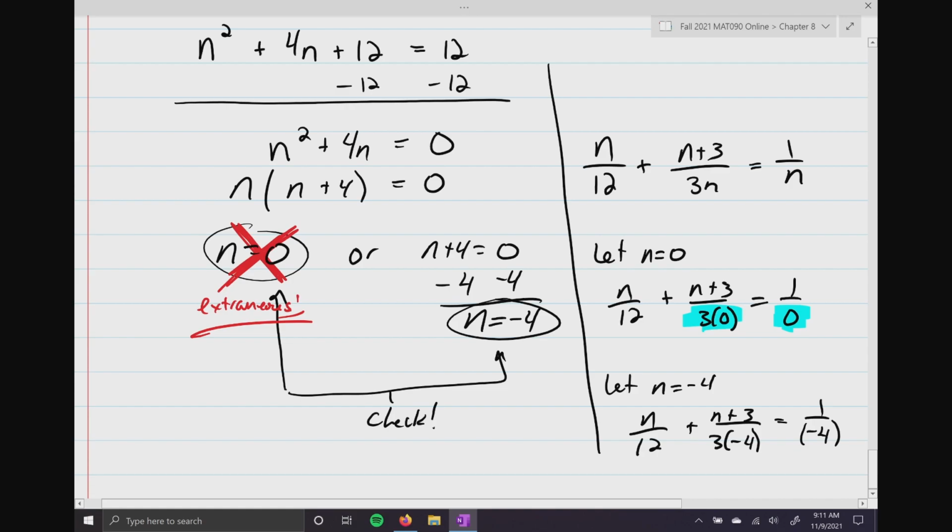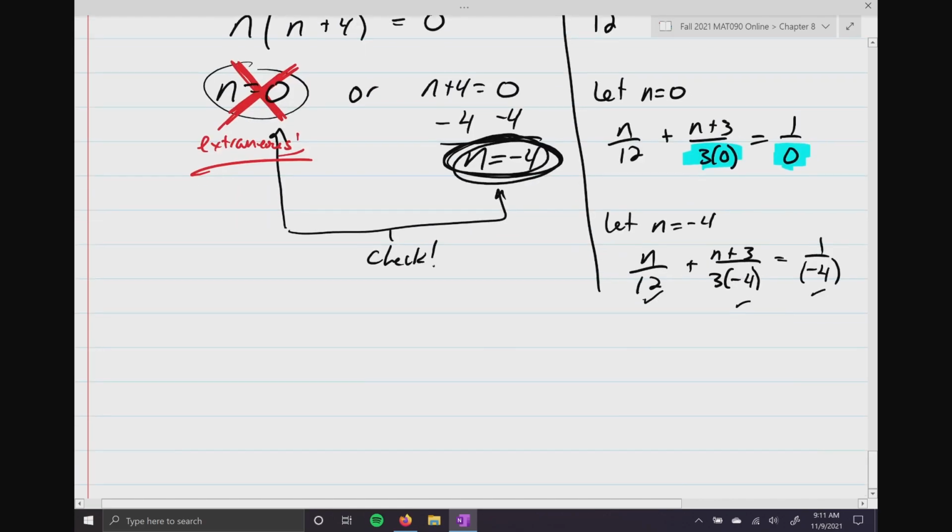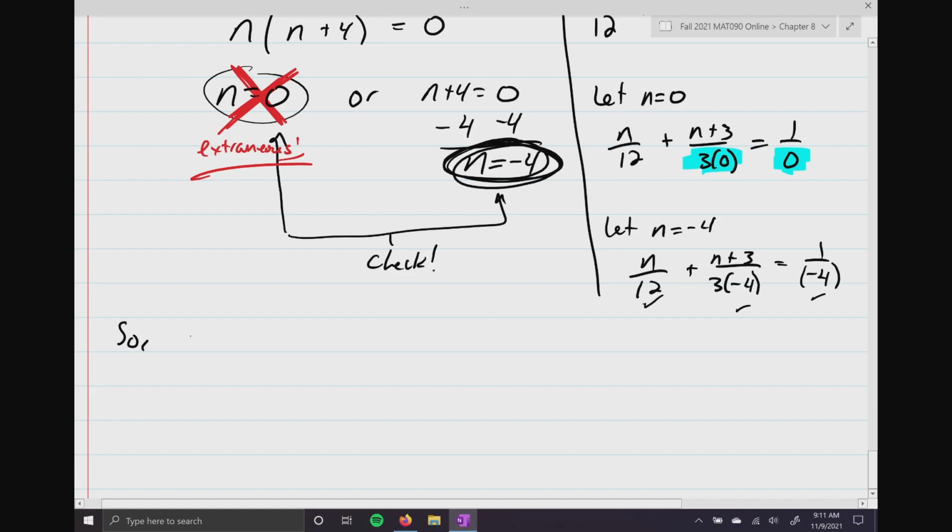And if I just do a quick glance, 12, that's good. 3 times negative 4 is negative 12, that's good. And negative 4 is good. So n equals negative 4 is my only solution to this problem. Okay? So n equals -4 is the only